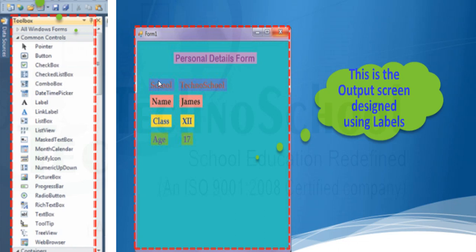Now you are going to learn to enter information during runtime. Instead of this label, we are going to introduce a text box to get the input from the form.